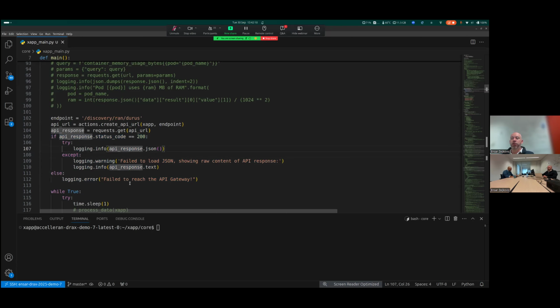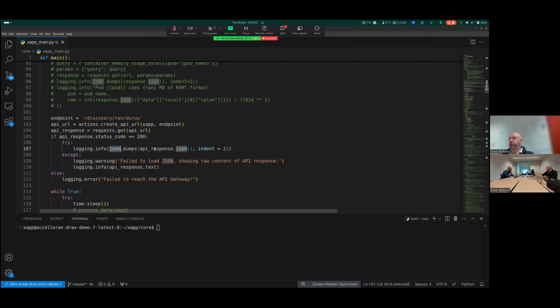I'll just do one addition to that because this is a JSON. I'll just do a json.dumps, and not in capitals, and over here say indent equals 2, just to make a little bit of a pretty print on our terminal.